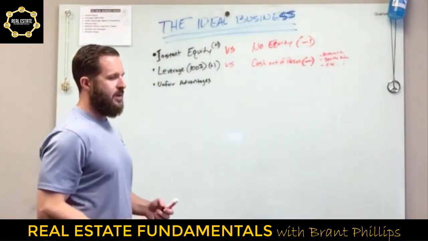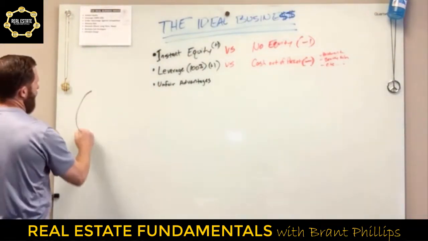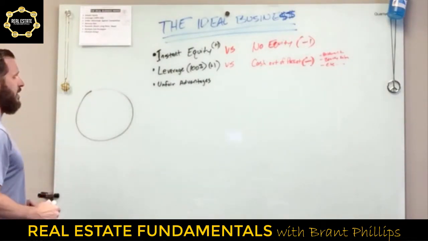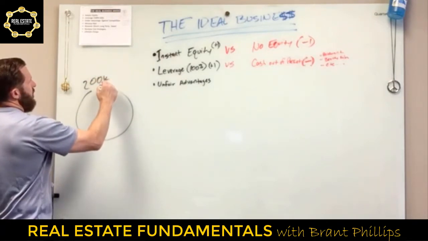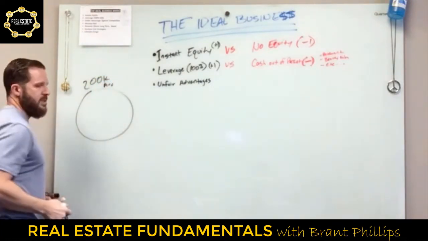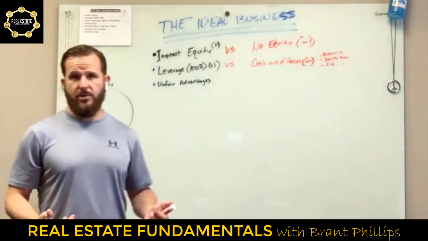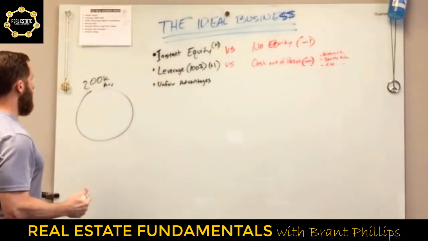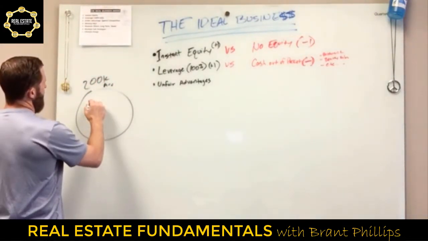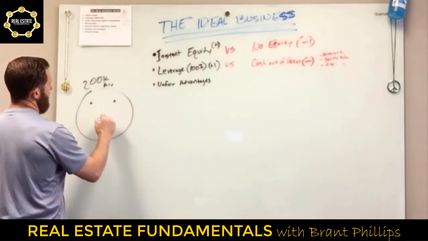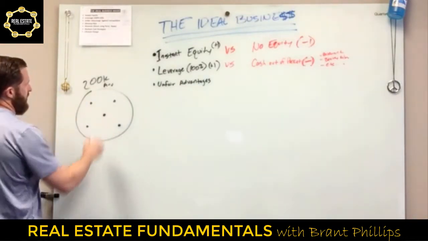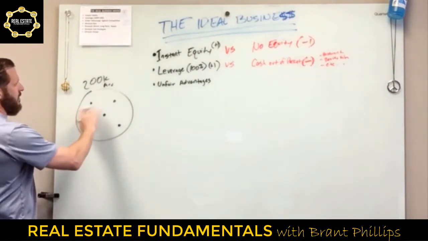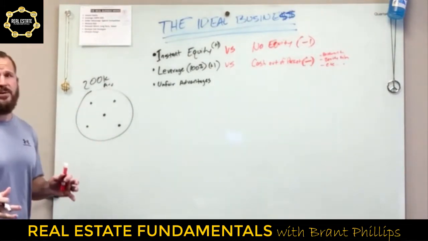What do I mean by that? So let's say that we are flipping a house, right, in a neighborhood, and let's say this neighborhood is a $200,000 ARV, meaning the houses that are selling top of the market are usually about $200,000. So in today's market, let's say that there's 5 houses for sale. It's going to look kind of like a face. All right, there's 5 houses for sale, and let's just say that they're all in the $190,000 to $200,000 price point.